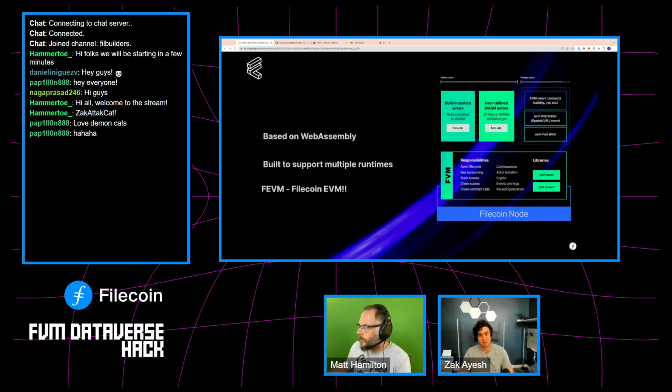So the FVM itself is based in WebAssembly. It's built to support multiple runtimes, but again, we're going to be using the FEVM, so the Ethereum virtual machine on Filecoin, right? So you can use Solidity, Viper, anything that compiles to EVM code and run it on the Filecoin blockchain,